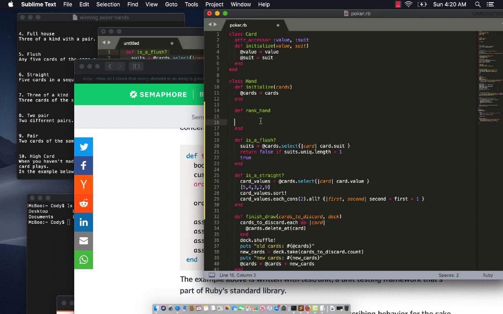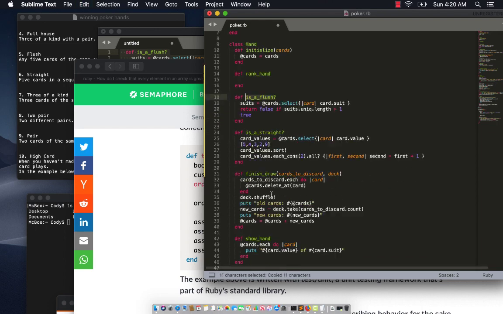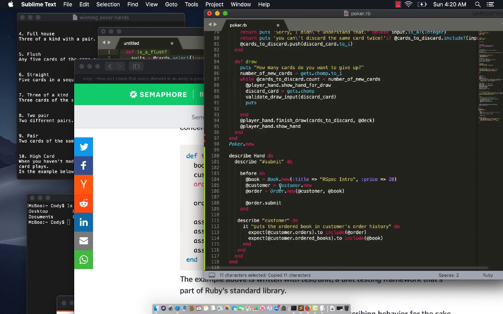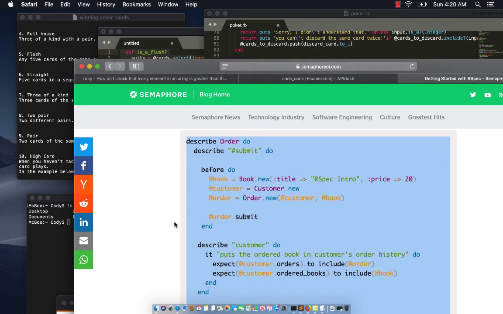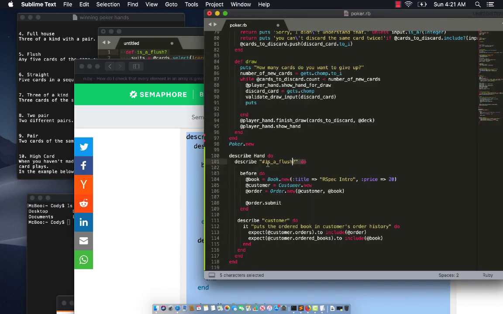I'm not sure if this is the way you're supposed to program, where you always copy paste something and then you repurpose it. But is a flush? Yeah, so let's test is a flush. And then here's something that we can do before we run the test suite. We don't need this first describe block because